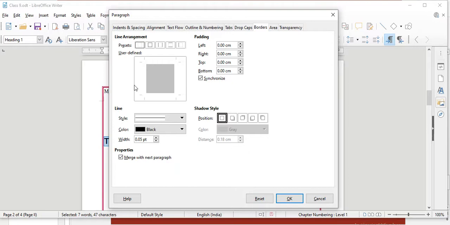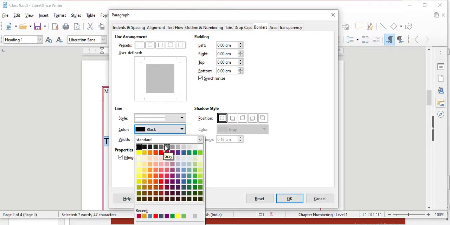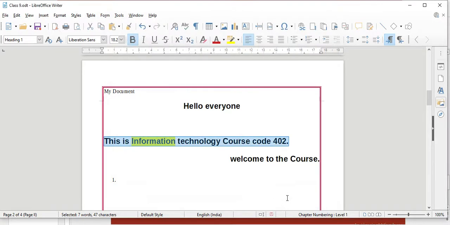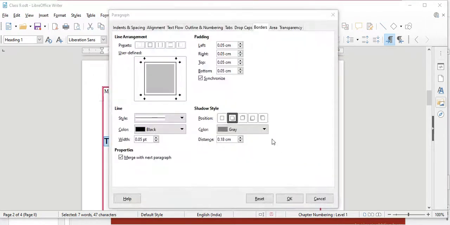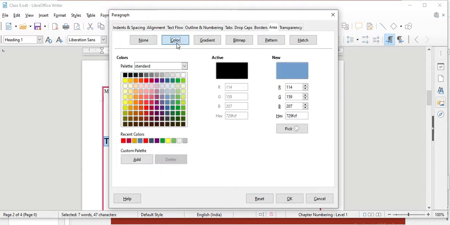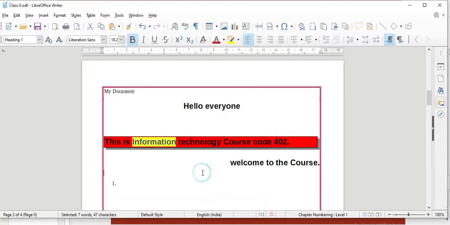In this you can select the background color for your paragraph. Select on the area in this color and then give the color whichever you want for your paragraph, and then click on add. The paragraph color will get changed.